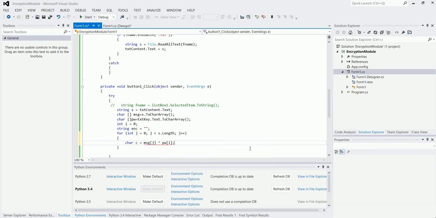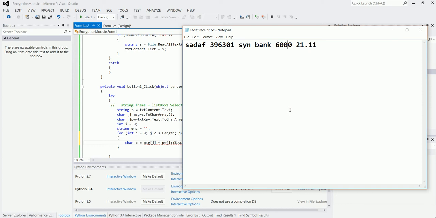Now password length will be smaller, right? So if you keep on incrementing, i will become 8, 9, 10, which will be more than the length of the password, right? If you say i++ modulus password.Length, then what will happen is,